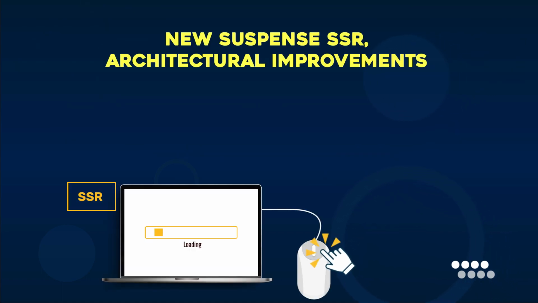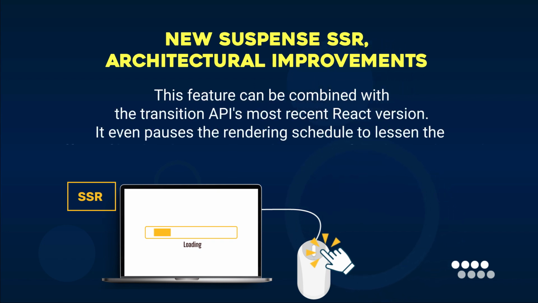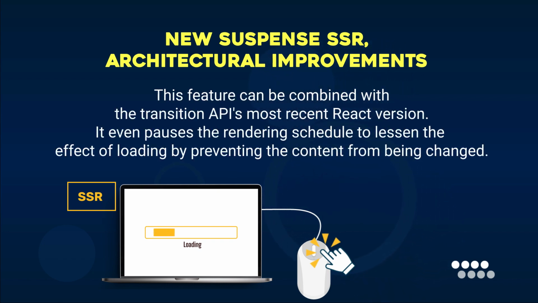The next feature is new Suspense SSR, architectural improvements. React Suspense is a feature that enables developers to monitor the rendering elements when the process is still in progress. It then displays its fallback feature. This feature can be combined with the Transition API in the most recent React version. It even pauses the rendering schedule to lessen the effect of loading by preventing the content from being changed. React Suspense is quite helpful since it provides a calm loading state while the user is dealing with the